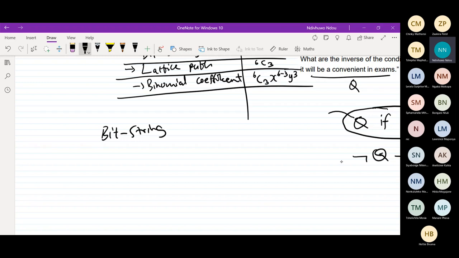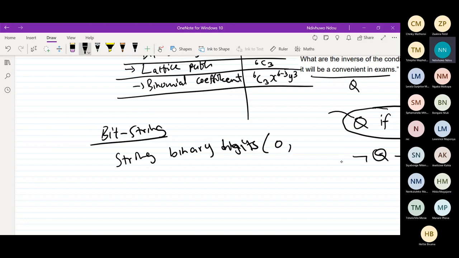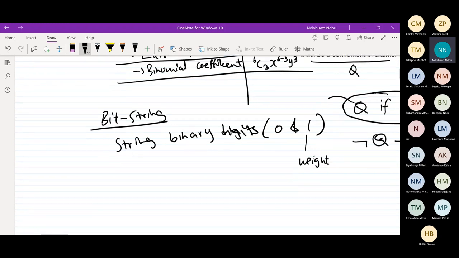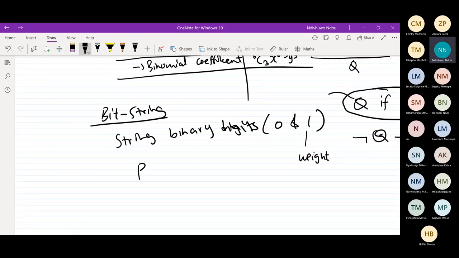We know that a bit string is a string of binary digits that is made of zeros and ones. Your zeros and ones will represent your string, and your ones will represent the weight of that string. For example, if we want to calculate the number of